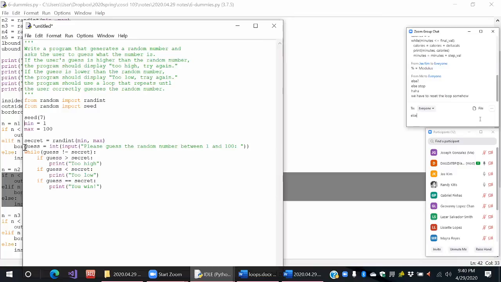You have to make a copy of this thing. Copy, and then paste it after the bottom. I have to indent it properly. Okay, now it's indented properly, so it's part of the while, but it's not part of the if. Now, if you run the thing,